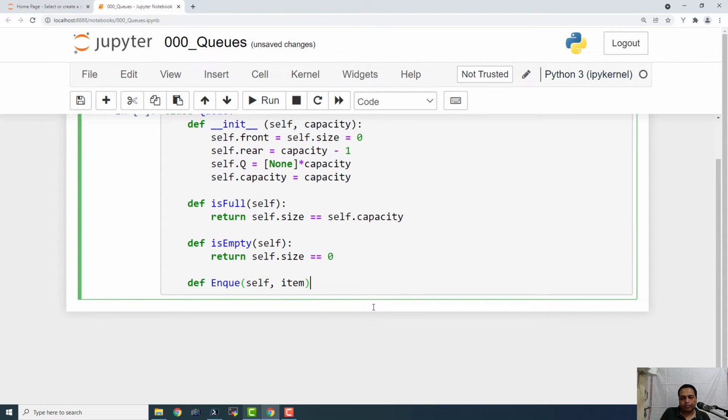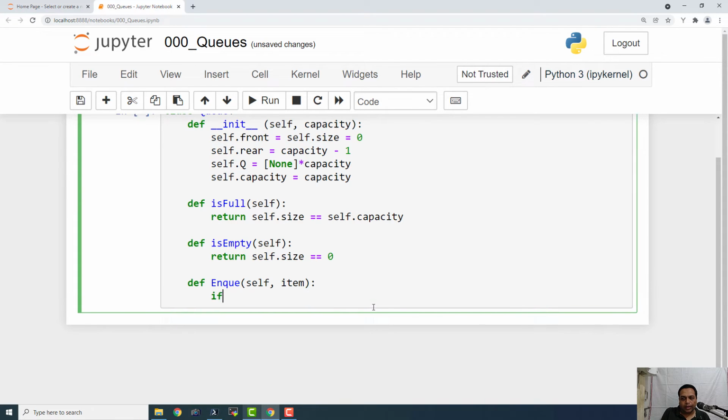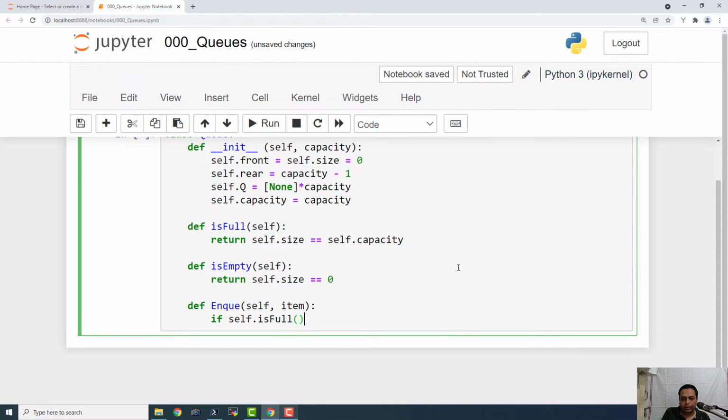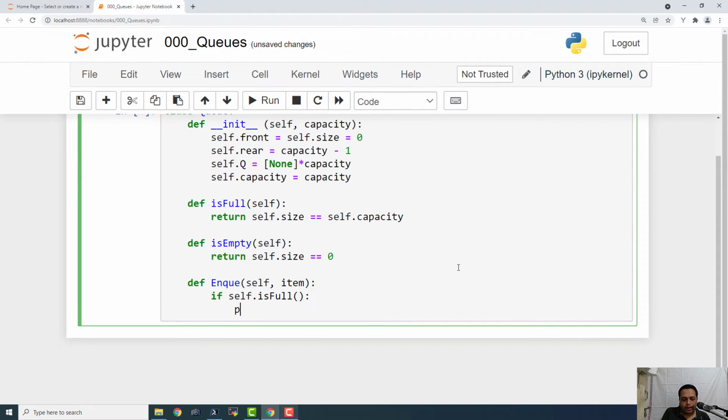Okay. And if self.is_full(), then print full.